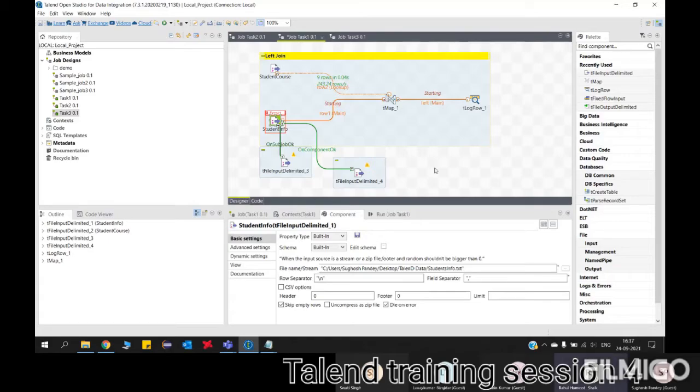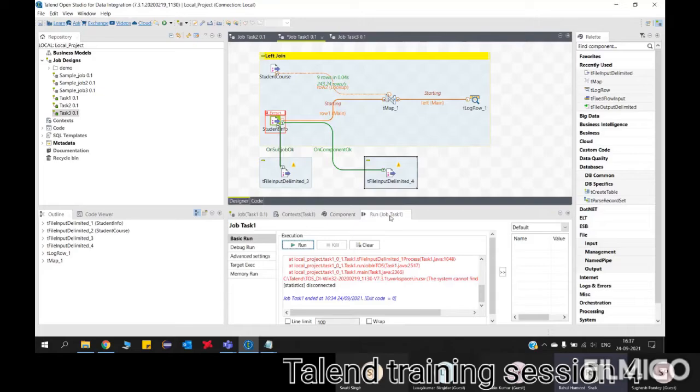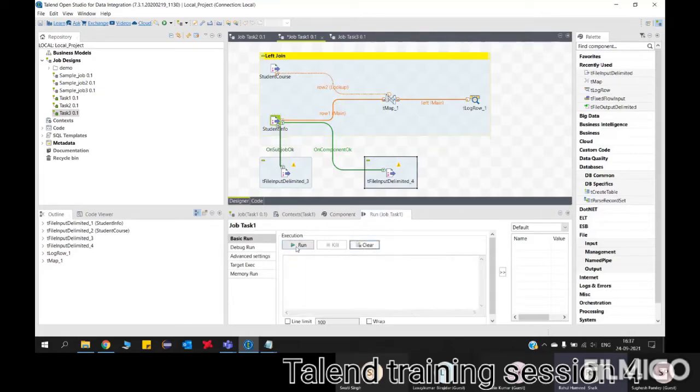Right. So you have put On Component OK and On Subjob OK, right? This one is one subjob and the other one is another subjob. Now run your job once and carefully notice which one is running first. Yeah, run it once.